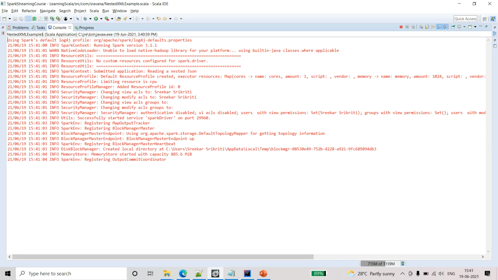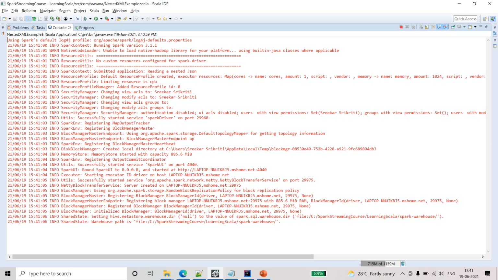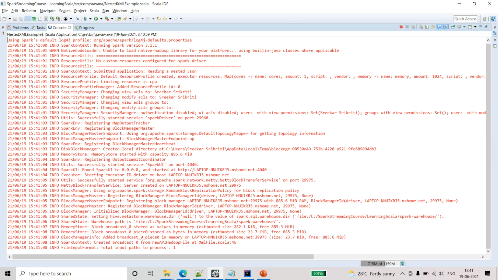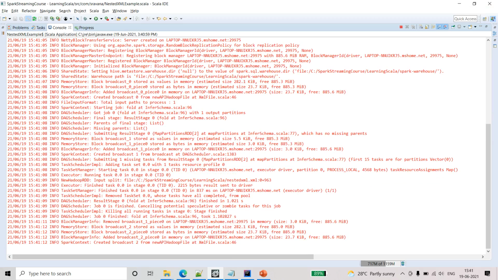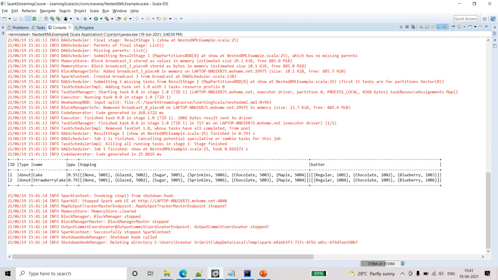It will not truncate the column details if you add false in the show function. Now you can clearly see that the id and type column names are renamed, and name and PPU are coming.